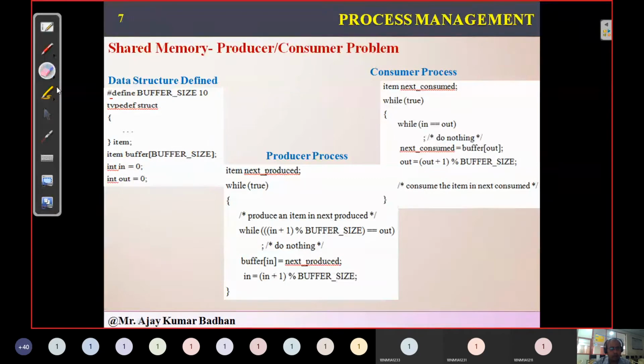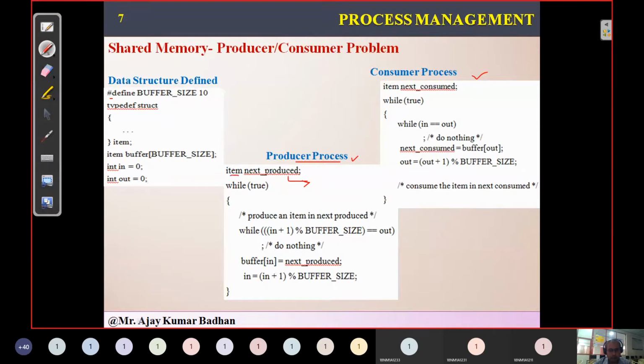Now we are going to write two different functions. You can call it a module, or a function, or a block. The first one is the producer block and the consumer block, or a producer module and consumer module. In the producer module, we have a variable called next produce.